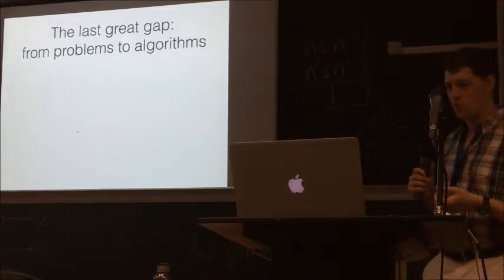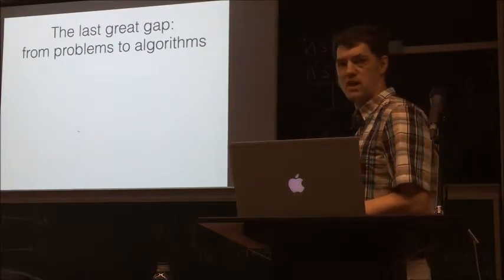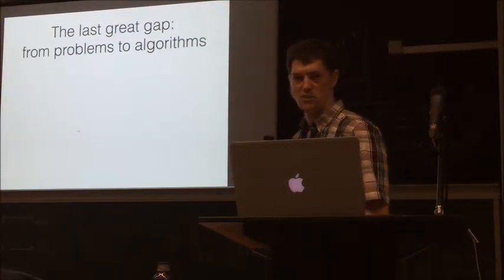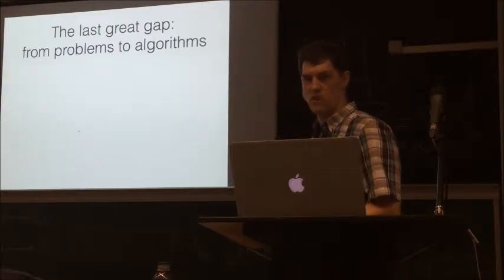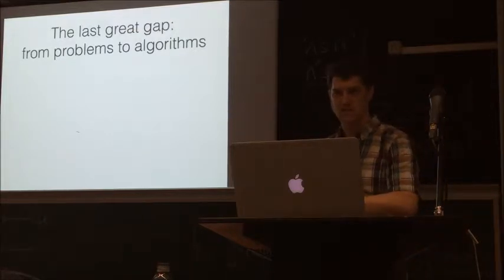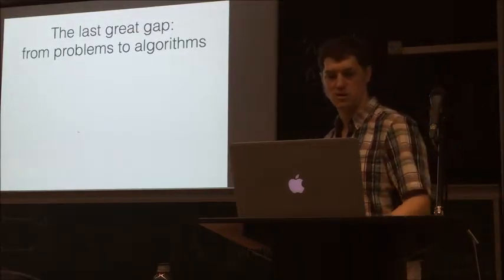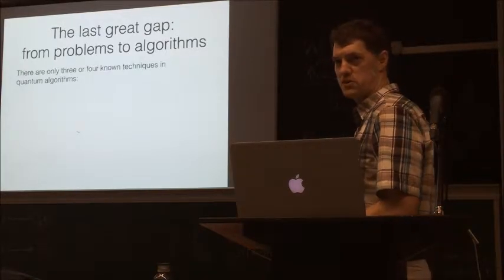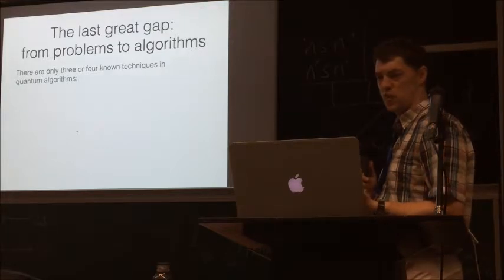But in terms of even knowing what sorts of ingredients you would use, for classical computers, we've got all of our techniques. We've got dynamic programming, we've got breadth first search, we've got depth first search, we've got memoization. We've got all sorts of techniques that we can apply and that we get some sense for when they're useful. We want a similar box of tricks for quantum computing. The box of tricks that we have is fairly small, is one of the problems. And this is one of the reasons why